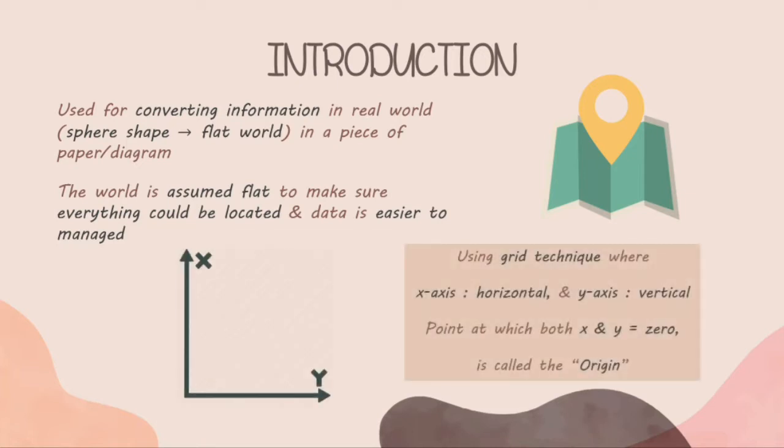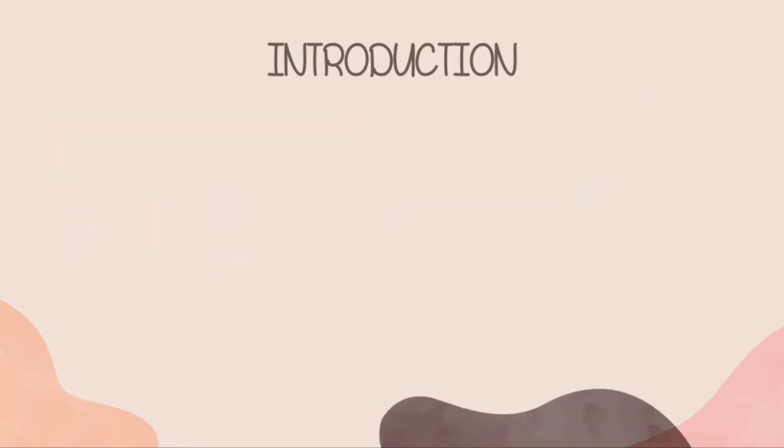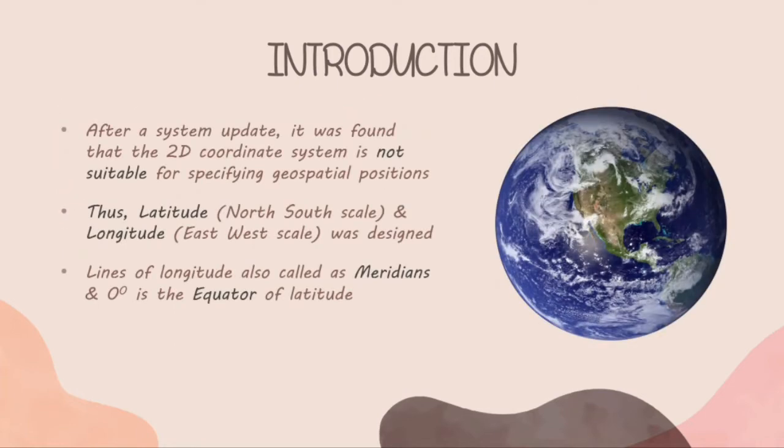Moreover, the coordinate system uses a grid technique, where the x-axis is the horizontal line and the y-axis is the vertical line. In a coordinate system, there is also the point at which both x and y equal 0, called the origin of the coordinate system. After the system was updated, researchers found that a two-dimensional coordinate system is not suitable for specifying